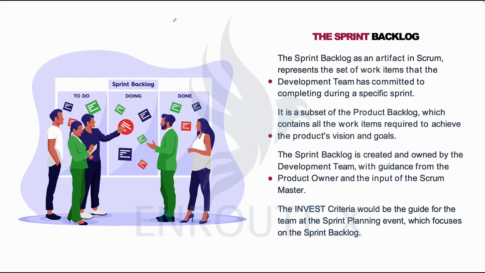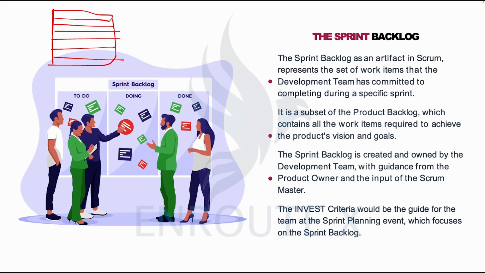And from the last class, we spoke about the product backlog that has all the work items or the stories to complete a product. The product backlog has a product goal, and from it, based on the team's ability and capacity,